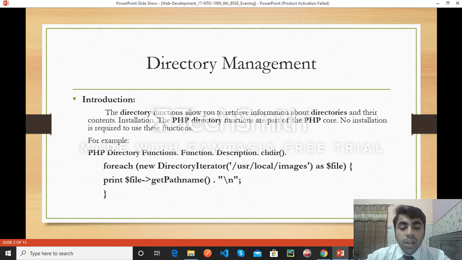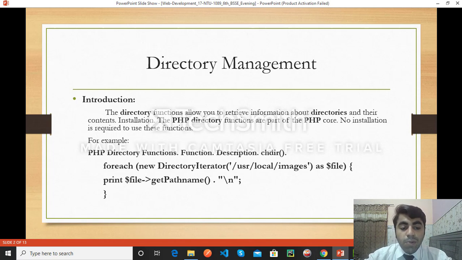The chdir function in PHP is used to change the PHP current directory to a new directory path. It takes only a single argument, the new directory path. This is known as change directory.